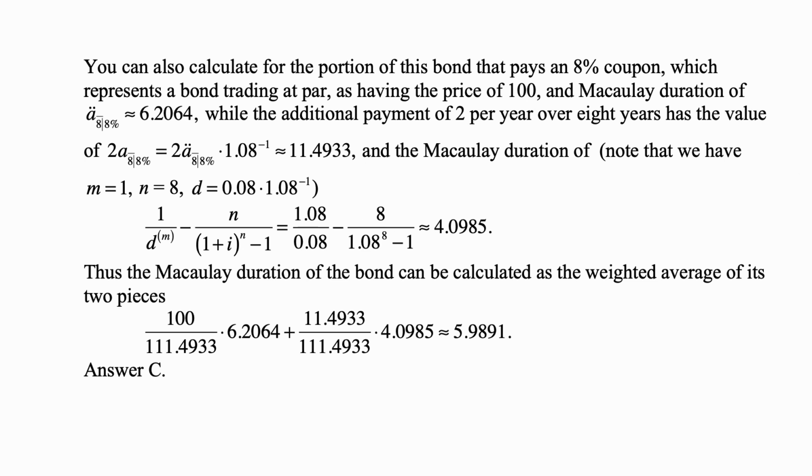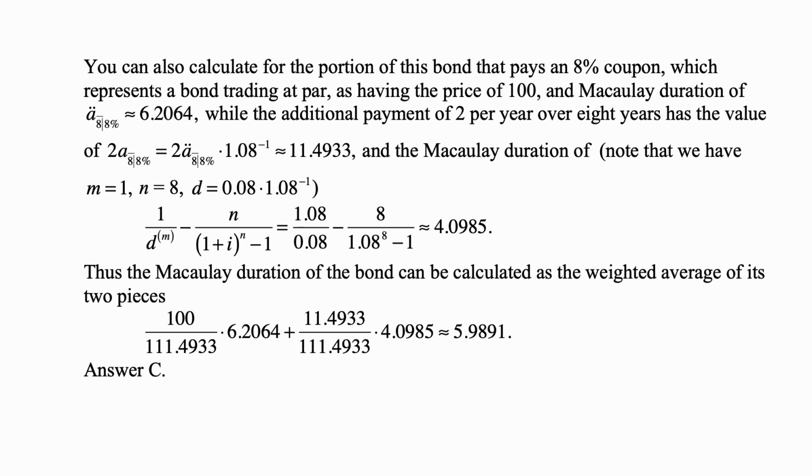You can also do this another way by splitting the bond into a par value bond and then treating the remaining portions of the coupons as an additional security. So you can calculate for the portion of this bond that pays an 8% coupon, which represents the bond trading at par, as having the price of 100 and Macaulay duration of, well, we know the formula for that situation, bond trading at par. The Macaulay duration is A double dot angle 8 in this case, and that's approximately 6.2064, while the additional payment of 2 per year over 8 years has the value of 2 A angle 8 at 8%,